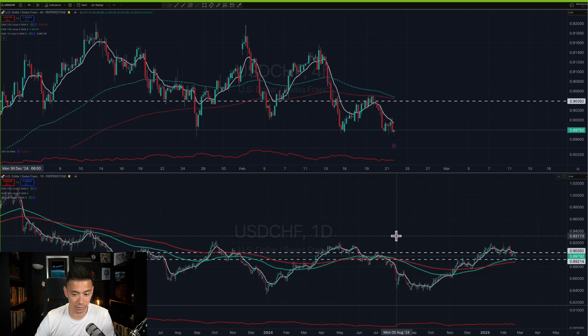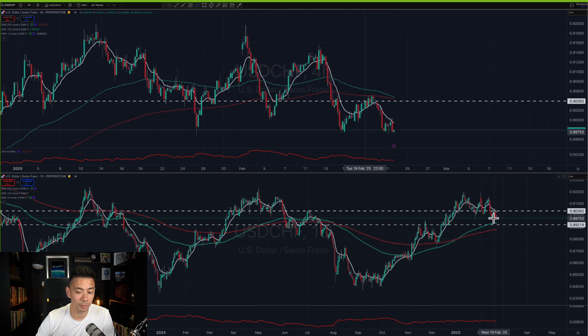So I know that over the past few months, this has been moving sideways. It has been pulling back a little bit, but this is the pair that in 2025, at least until things change, I'm going to be long this pair. So I'm building into quite a large position in the dollar franc for the moment anyway, because I feel that